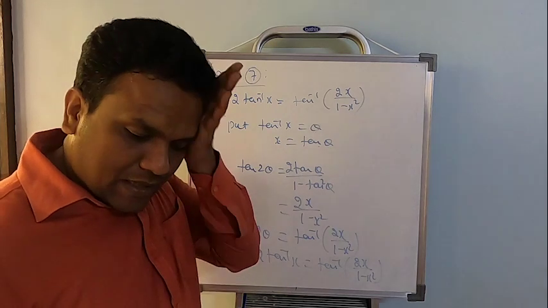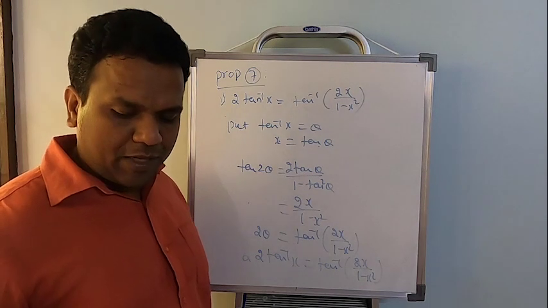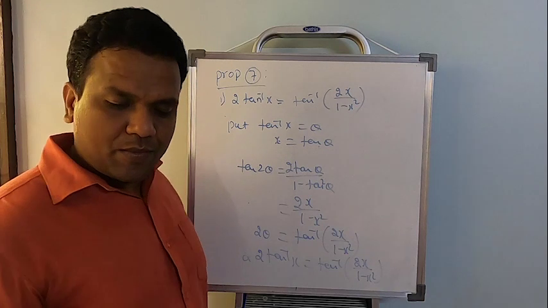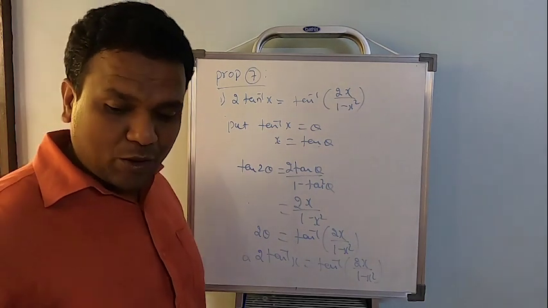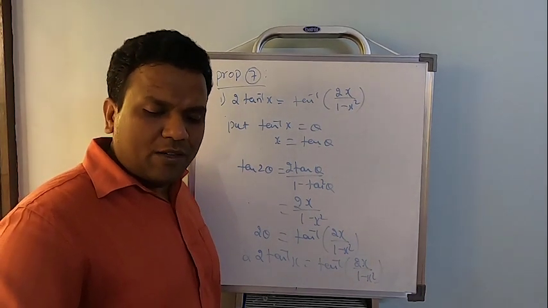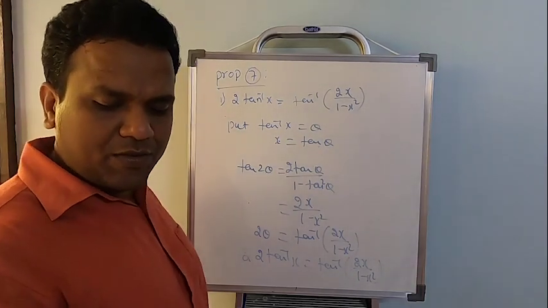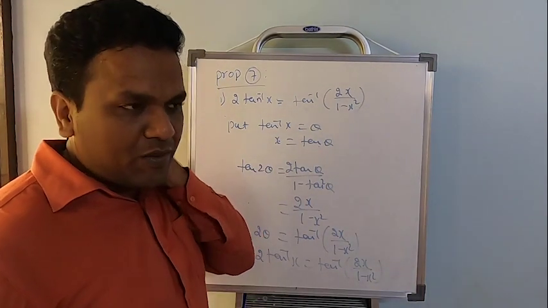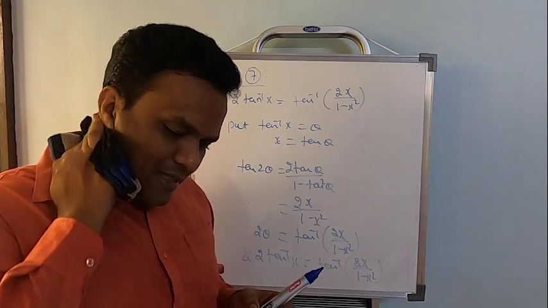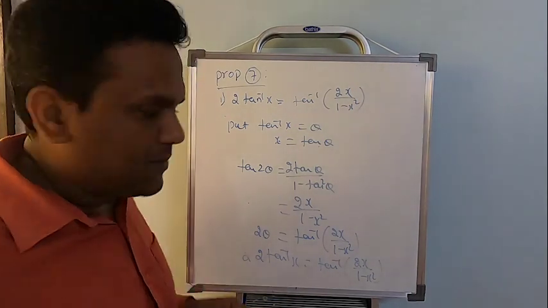Now let us start the problems. There are illustrative problems, and after property number 6 you can see illustrative problems and exercise problems. Now let us start with the exercise problems, which are quite easy for us and which are most important. We will come back to the illustrations later on. Okay, there are not many problems of such kind, but we need to solve many problems which are given in the exercise. Okay, so let us start with exercise. Let us get familiar with the properties, then we will come back to illustration problems.